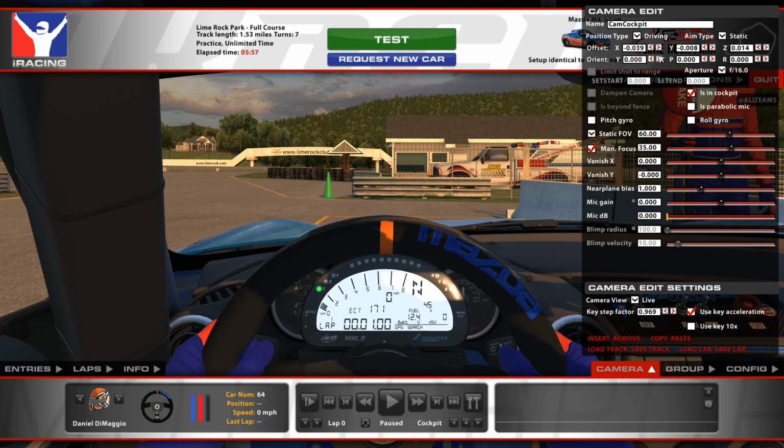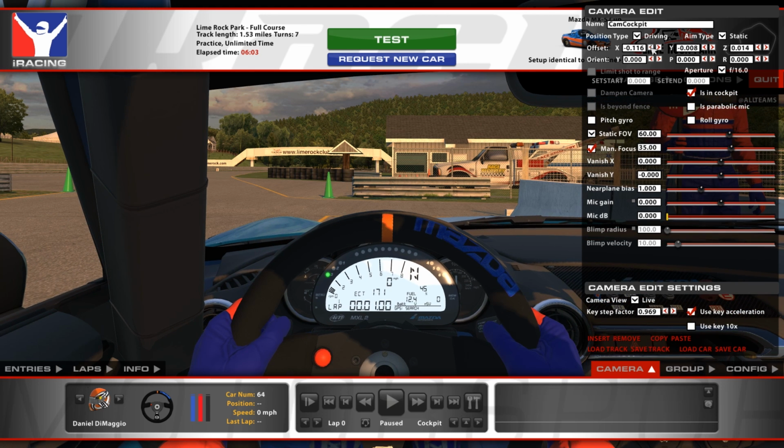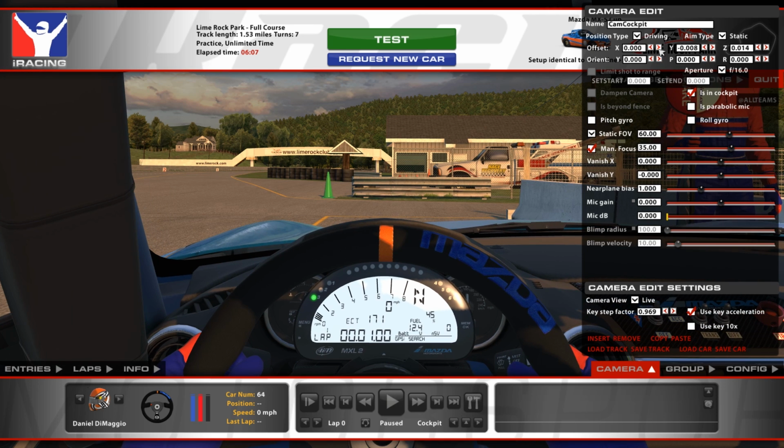The offset X is the one that's really going to help out your situation. You can actually back it way out, okay? But what I want you to notice when I do this, and put it back close to 0, because that's typically where it's set. See how close I am to the dash? Now, only pay attention to what's outside the car. Okay, if you change your field of view, the size of that stuff changes. But when you just change this offset X, notice that